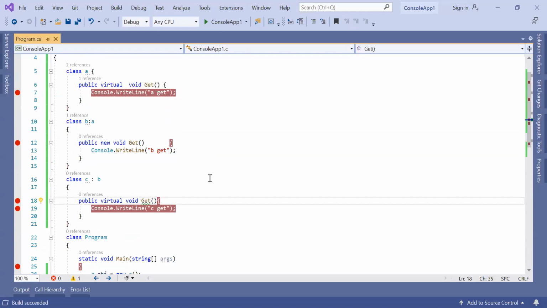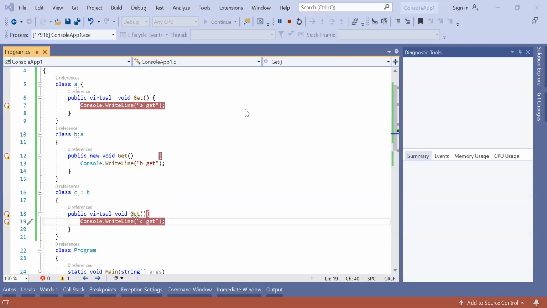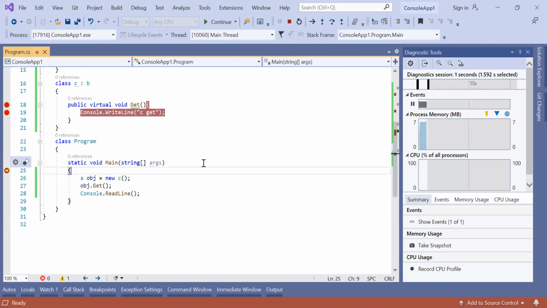Just after 5 minutes, Zoom will get expired again. Should I run this then? Okay, let me run.